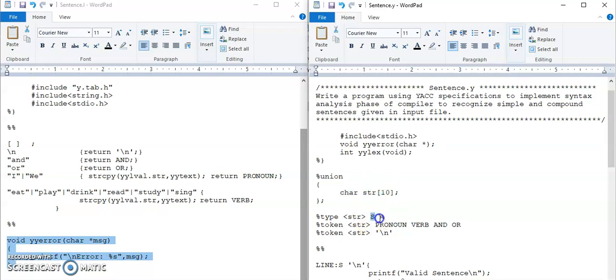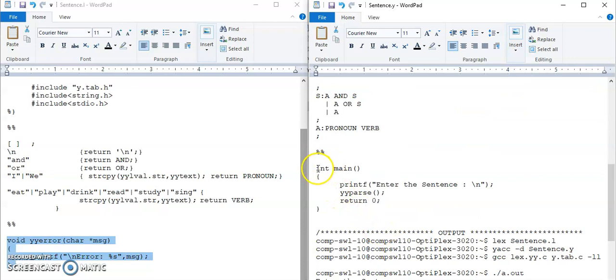It means that for all these non-terminals S and A, or terminals pronoun, verb and or, an attribute is associated with them which is nothing but str, a character array. So whenever these tokens are returned by the .l program, it will return the corresponding attribute value in this str string.